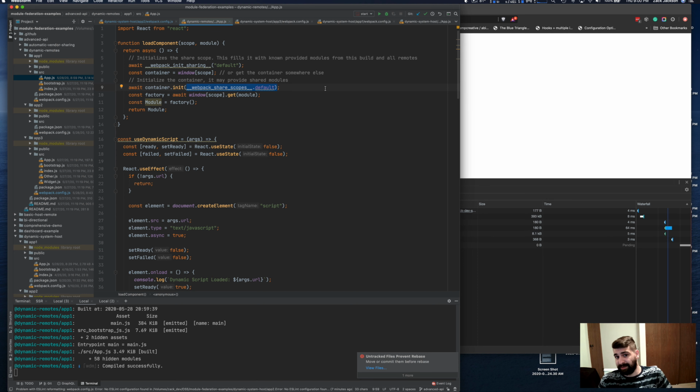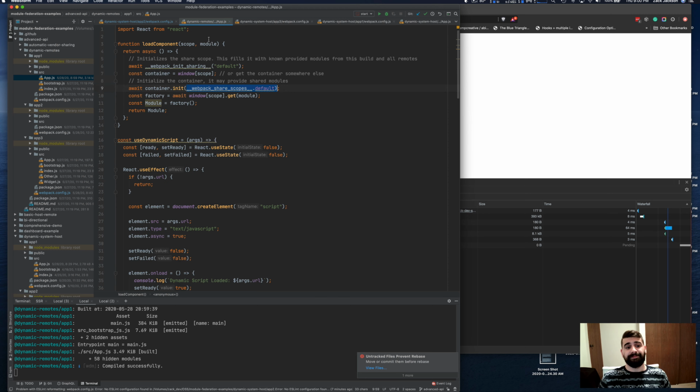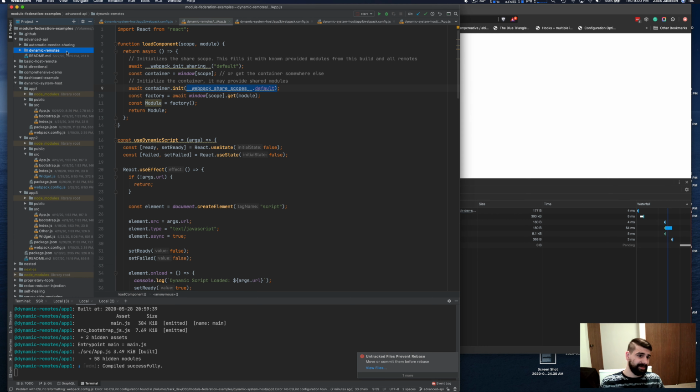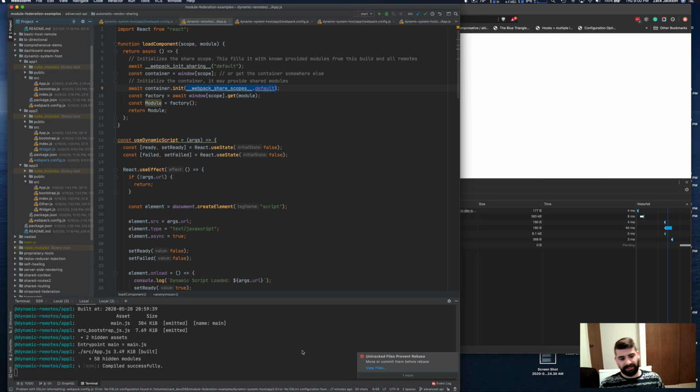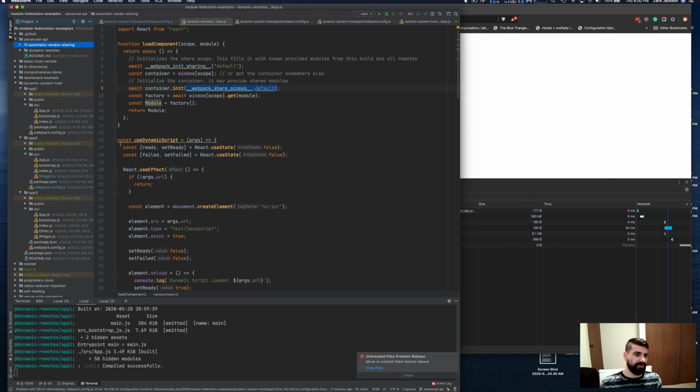There's not really much limit on it. So that sums up all you really need to do to have proper sharing and remote sharing with other remotes outside the scope of what the host even has installed. And with all the semantic versioning that you have in place, you can pretty much control it very, very well. So that ends the dynamic remote demo, but I want to show off one more,